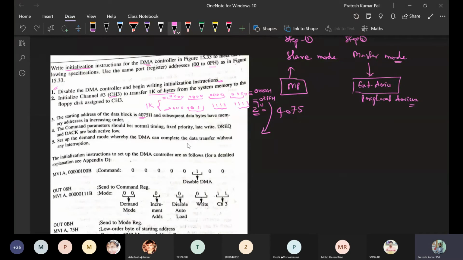If 1 byte is transferred, it will be reduced by 1, and when the next byte is transferred, it will be reduced by 1 again, and once it is 0, that means the complete 03FF bytes have been transferred. So based on the count register value, the DMA understands whether it still needs to transfer data or not. That means in the count register we have to put the value 03FF. Okay,